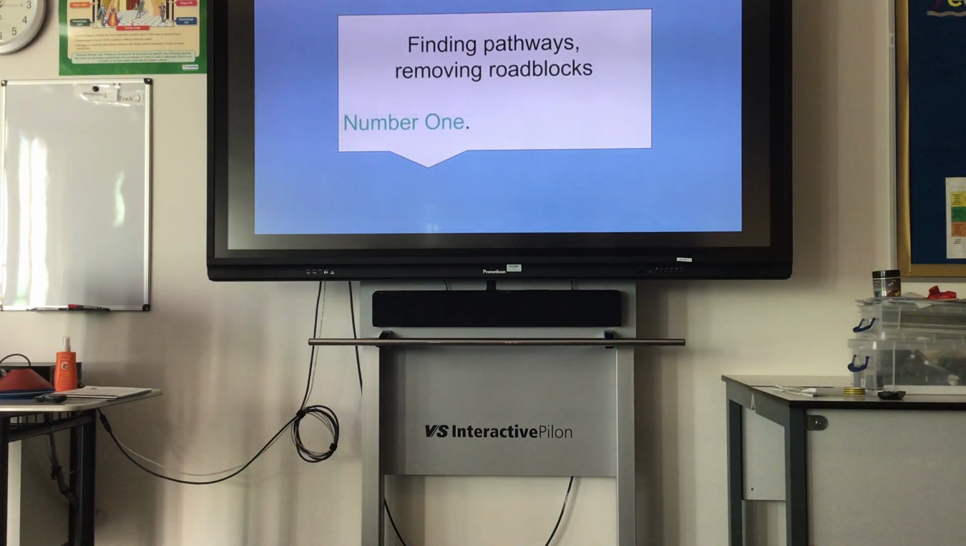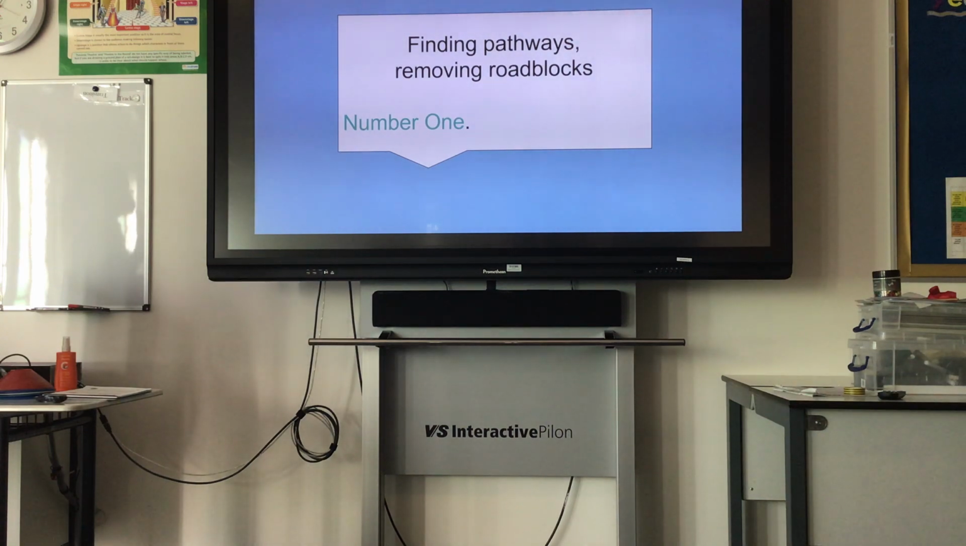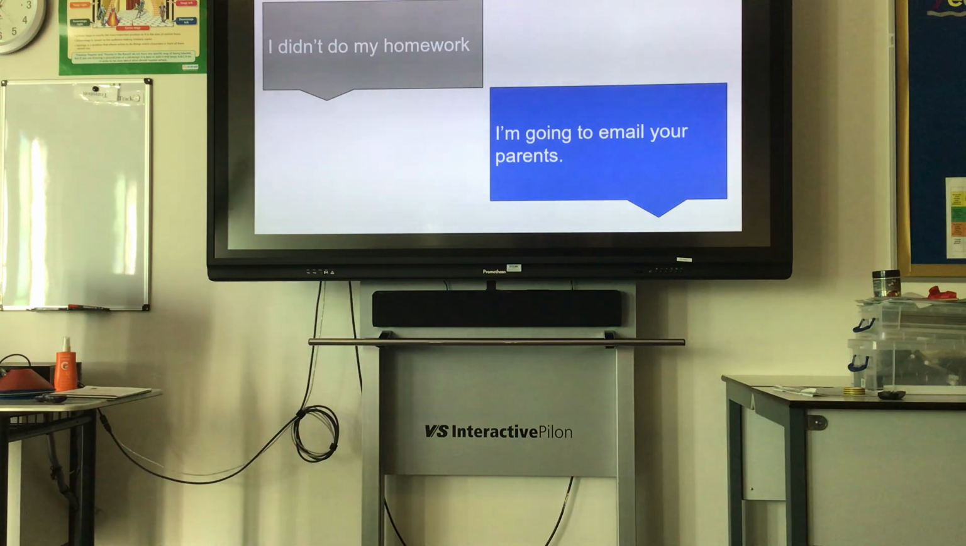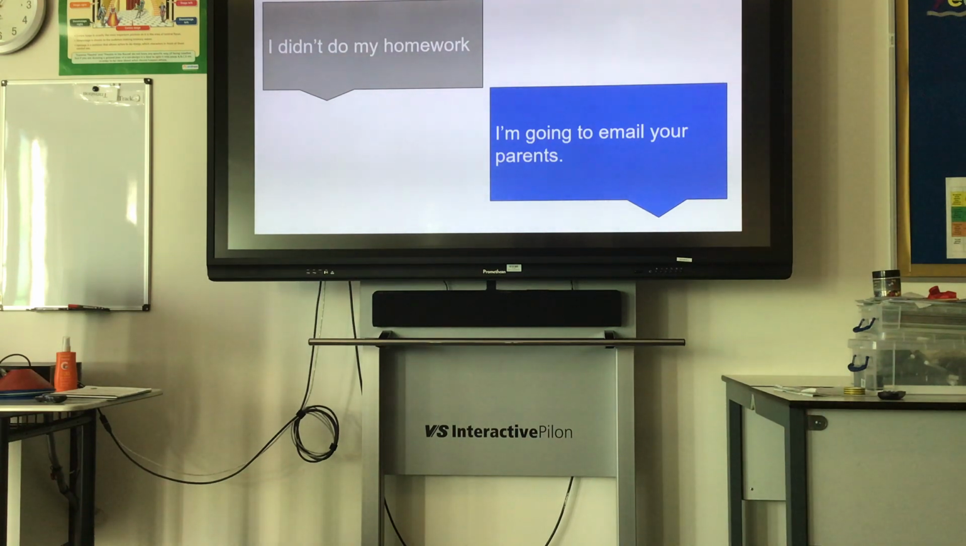Finding pathways, removing roadblocks is our first example of a micro moment in dialogue with students. The gray is going to be the student, blue is the teacher. I didn't do my homework, and I'm going to email your parents. I would call it a bit of a spike to some degree. The relationship between having done homework is something that is a parent issue versus,